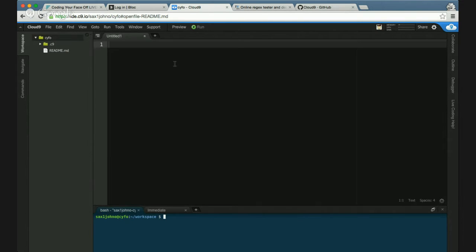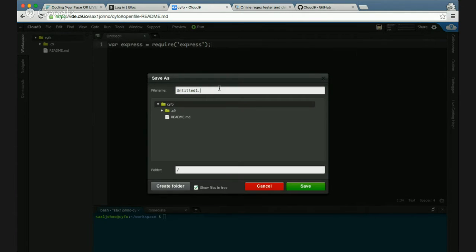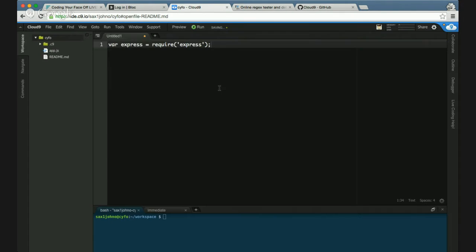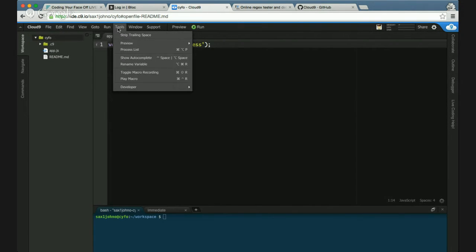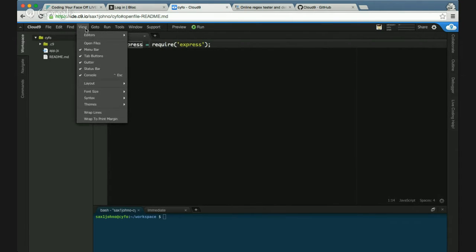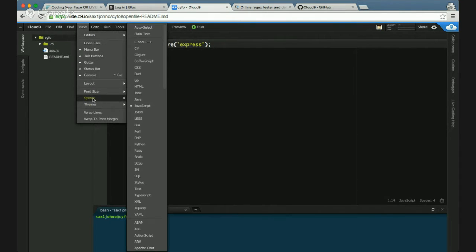So if I create a new file, let's say this is going to be my test.js file, I'm going to type some JavaScript code here really quickly. Let's do this. I'm going to save this with a .js extension, App.js. This is just an example, and you can see it gives you syntax highlighting in JavaScript. It actually does syntax highlighting in a bunch of different languages. Let me see here. We can go to syntax, and you can see it has highlighting for just about anything